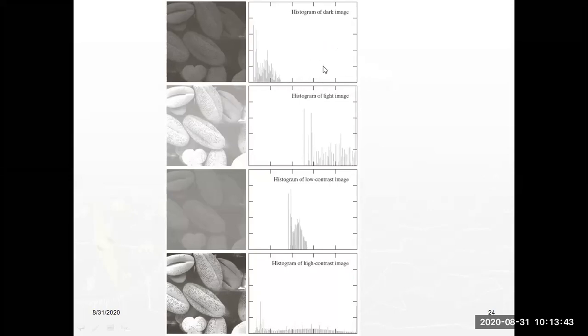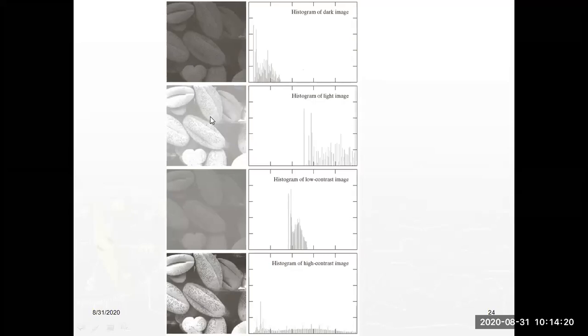So these histograms are generally used for increasing or decreasing the intensity. What is the histogram for a dark image? All histogram values are on the left side, and remember, the left side is dark and the right side is white. So in a dark image, the histogram values are all at the left. What is the reason? All the pixels are dark pixels, so the histogram is completely on the left side.